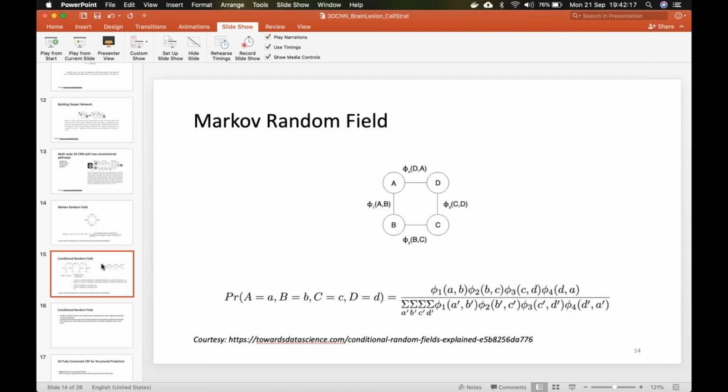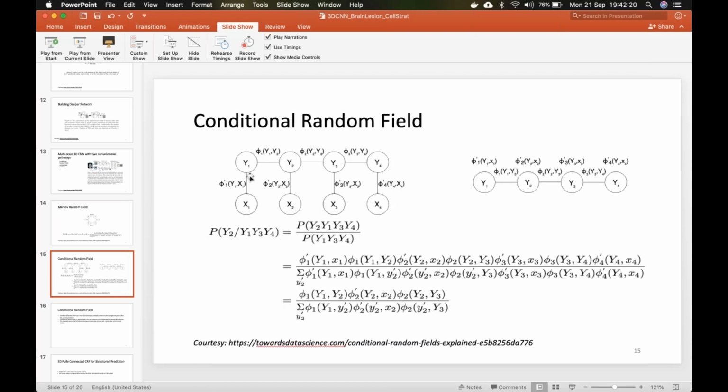Whereas in the conditional random field, there are certain conditions restricted, where we have the pathways with previous conditions already implemented. For example, for y1 the input is x1 and for y2 the input is x2.